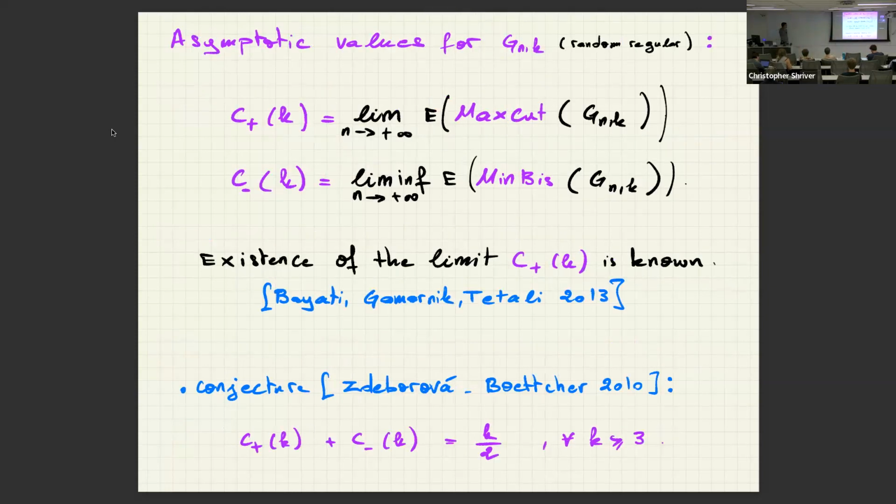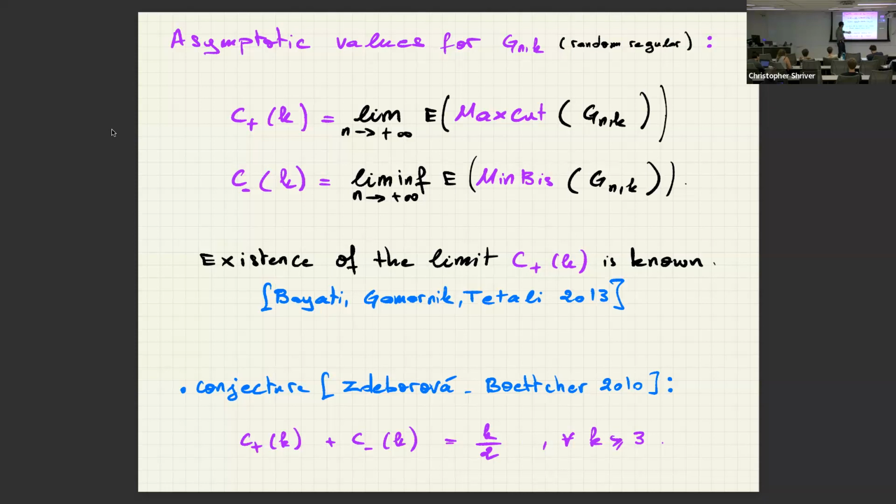So the asymptotic values. We're going to look at random regular graphs and at the asymptotic values of these quantities. Let me put expectations in front of these quantities. They concentrate, so this is not a big deal. It turns out that the max cut value is known to converge to some constant C+, and the